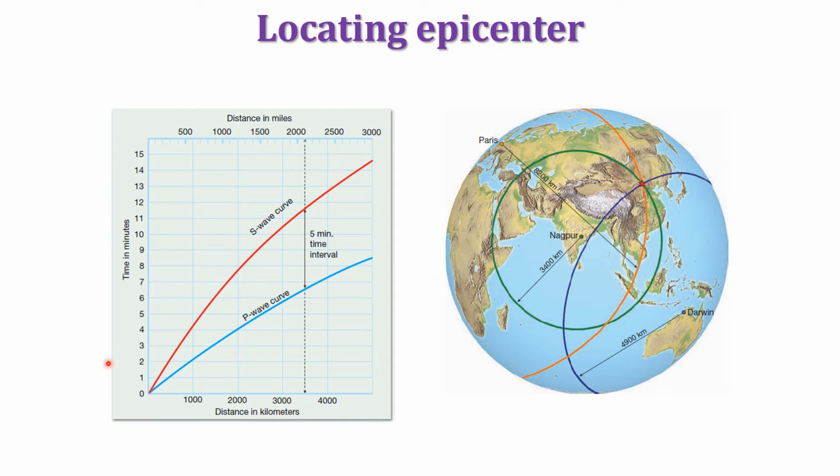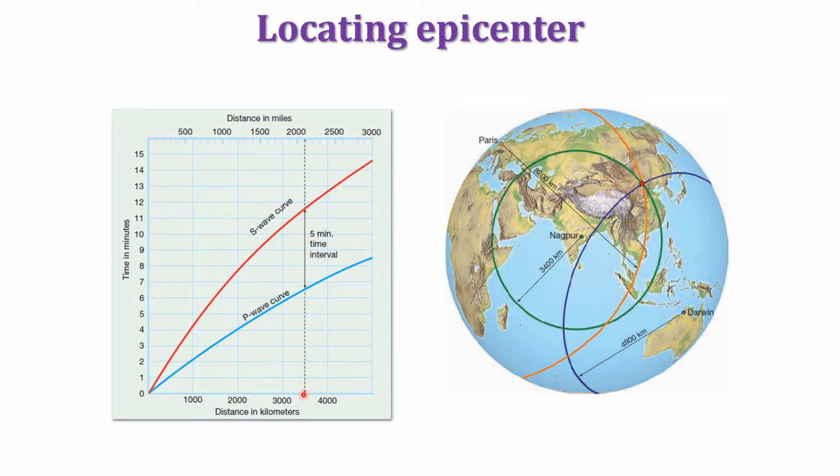here we have a graph showing the time on the y-axis and the distance on the x-axis. And this is the S-wave curve and the P-wave curve. So, for example, in the seismograms that I've shown earlier, meron tayong na-detect na 5-minute time interval in between the arrival of S-wave and P-wave. So, here, we will look at the area at which 5-minute yung pagitan nilang dalawa. So, andito siya banda sa line na ito, and we will just project that all the way to the x-axis,